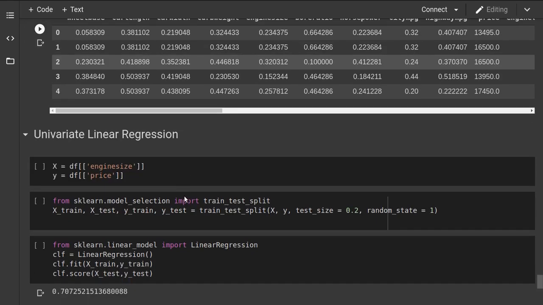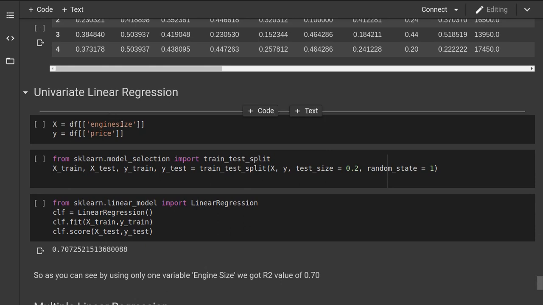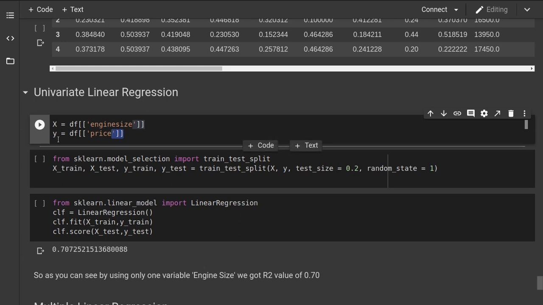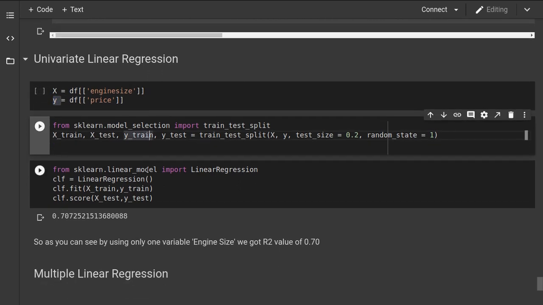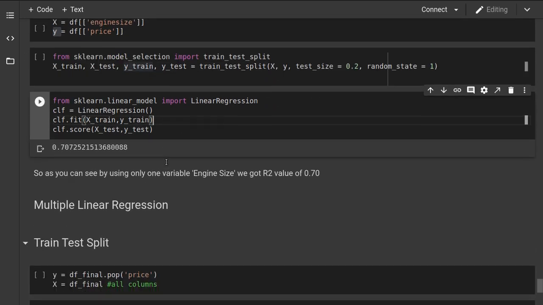And then I applied univariate linear regression. In univariate linear regression, we only take one variable, one feature, and use it for predicting our price. So I took the price column into the y and df engine size into the x, and I created a training and test set from that x and y, and I created a linear regression model.